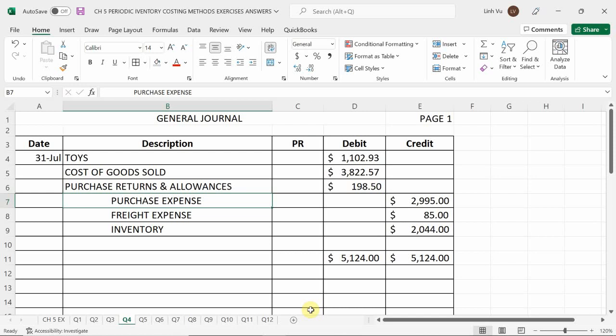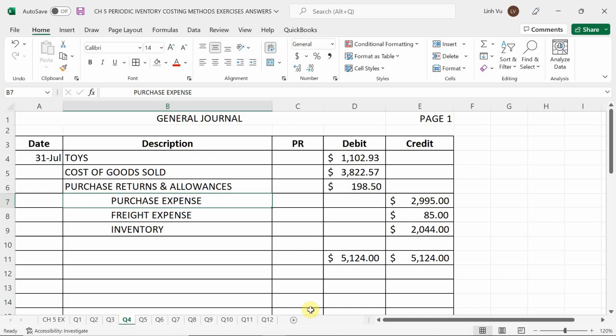Now, every time I have to return a product, that's the first thing that's got to go right into the returns and allowances bucket. So that's going to reduce my purchase expense, right? Because I'm putting it all into my purchase returns. But at the same time, I'm also selling my inventory item along the way. Now, in this case, that's exactly why we produced the inventory worksheet. So now I know how many items I have left on hand, right? I have 600 units. So I'm going to take 600 units out of my purchase expense account and put it